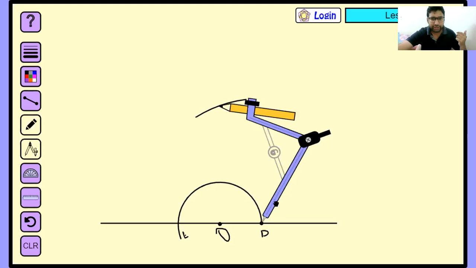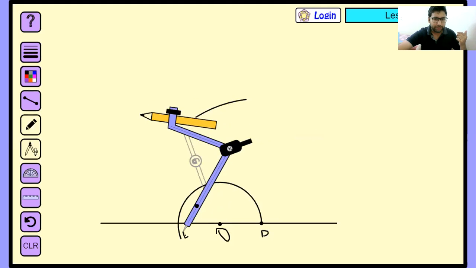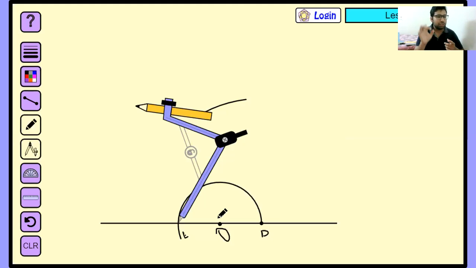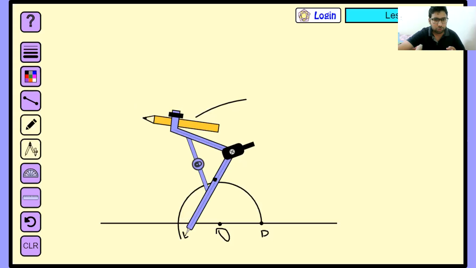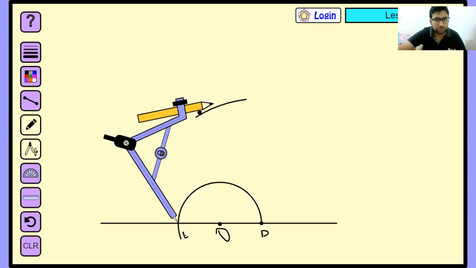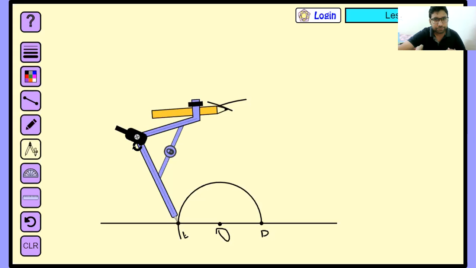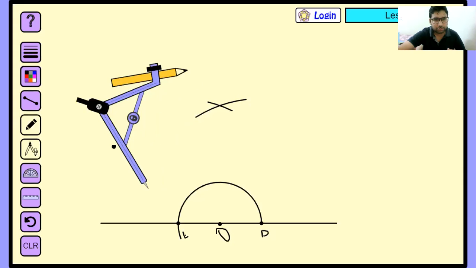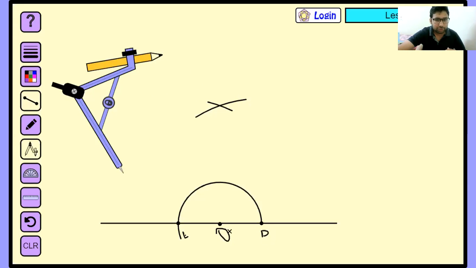Now again take the compass to the second point, that is 180 degrees. I have taken an arc from 0 degrees. Now I will take another arc from 180 degrees. Again, lock the compass. It should not move. It is moving. Okay, it is not moving like that. Now, yes, now we can take the arc. So that's it. Now you just need to join the point O with this, and this angle is how much, class? 90 degrees.